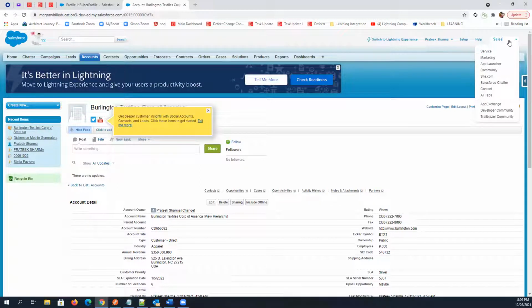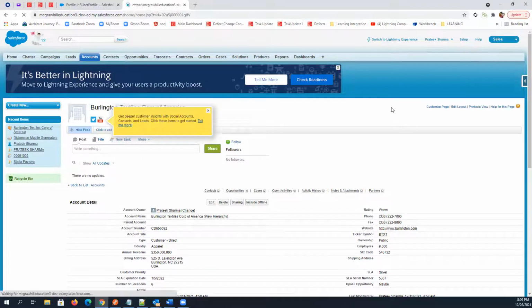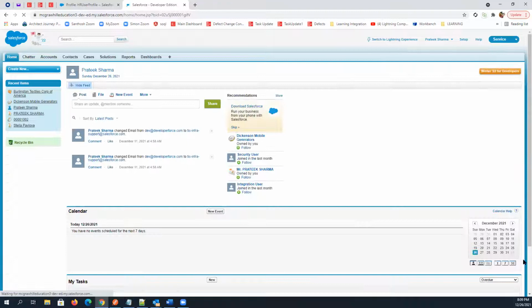Let's say you have different departments, so you can separate the UI based on their needs. If you switch to service, all the things related to service will be visible, and if you switch again to sales, all the things related to sales will be visible. This is how you can manage your UI for different groups of users, right?